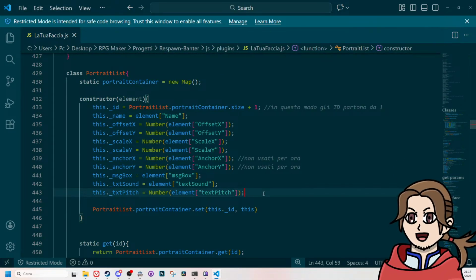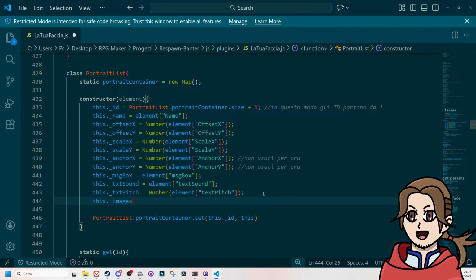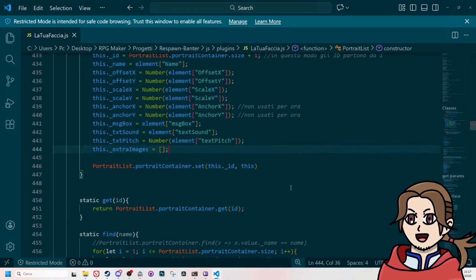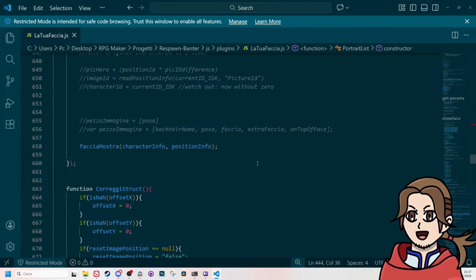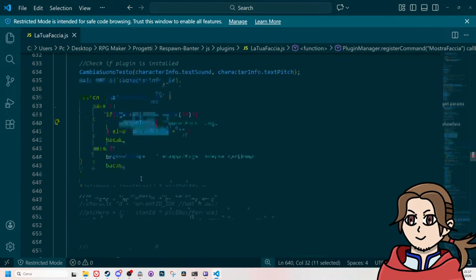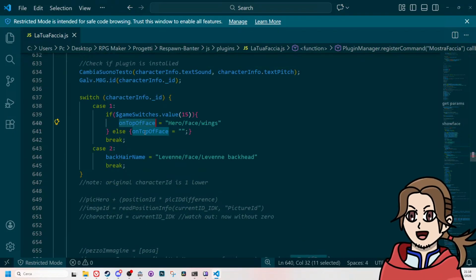We can have here these extra images, which is an empty array for now. So now, when we say the hero has wings on top of face, which is 0, 1, 2, 3, 4, the fourth one, we can just say